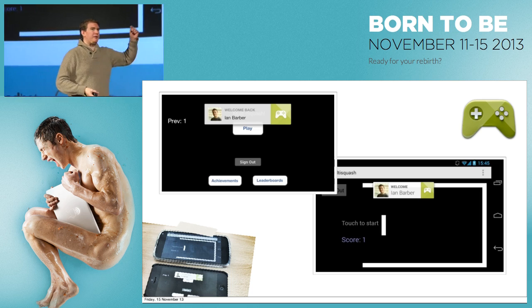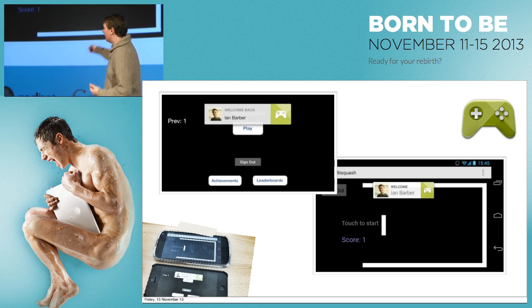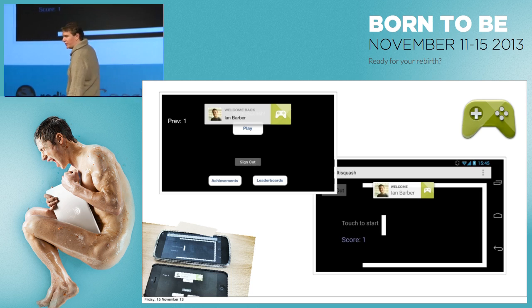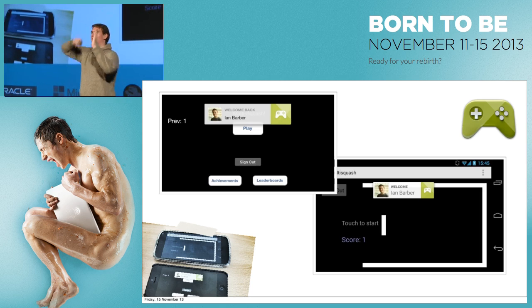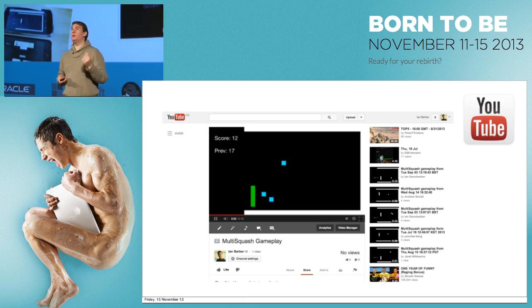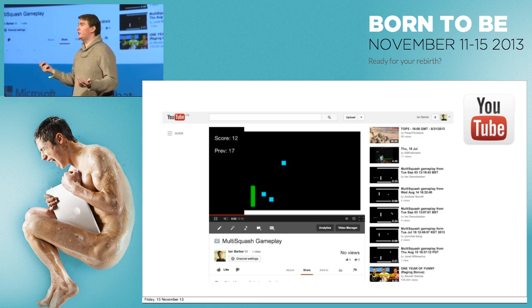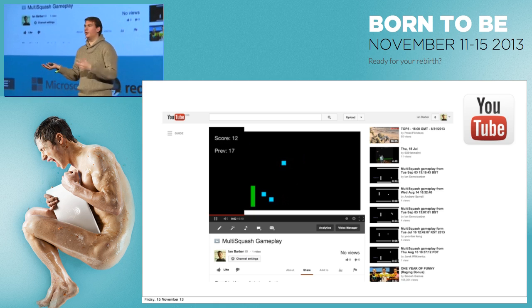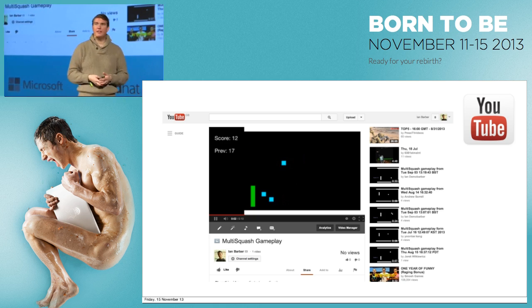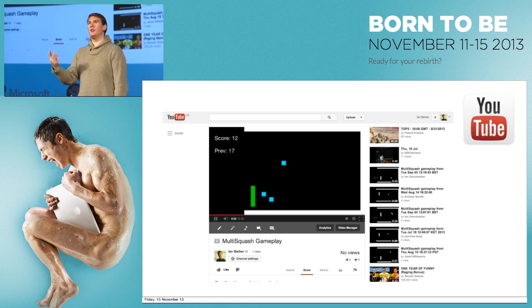But you don't just have to use one of these APIs or just use them as you might expect. This little code lab actually does something interesting, which is when I get more than 3 balls bouncing around the screen at the same time, it will record it, and it will upload the video of that to YouTube. And that's not hard to do either. Actually recording an MP4 on either Android or iOS is fairly straightforward. Taking screenshots, even easier.